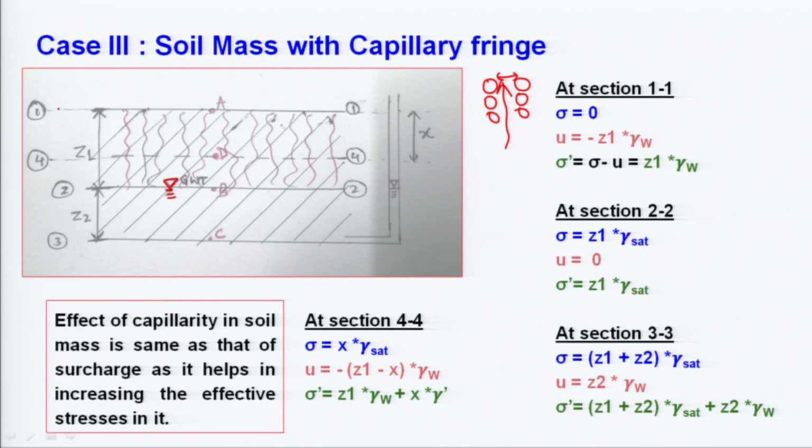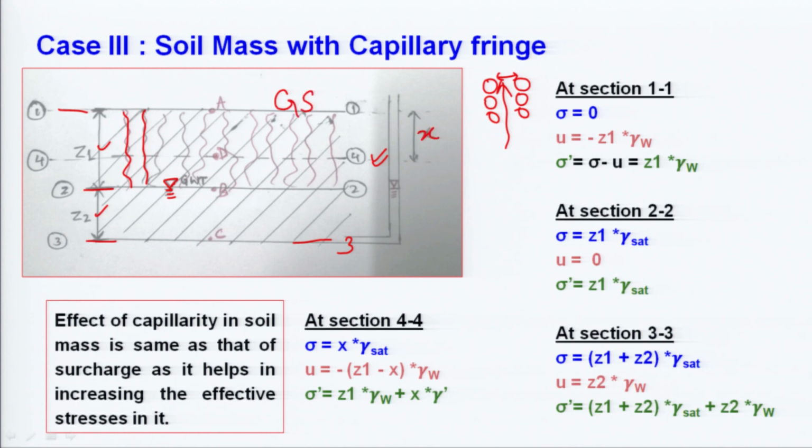If we have taken this one section, then this second section, then this third section, this height is Z2 here, this is Z1 here, and the water by capillary fringe has this one. If there is no value given, we will be considering this portion, the capillary rise portion, to be completely saturated. If there is some value given, we will be considering that one as S is equal to 0.5, and then we will be calculating the value of the unit weight there. Okay, then this third portion here, see, this is the third section, and there is one section 4, which we have considered as a distance x from the ground surface. This one is x.